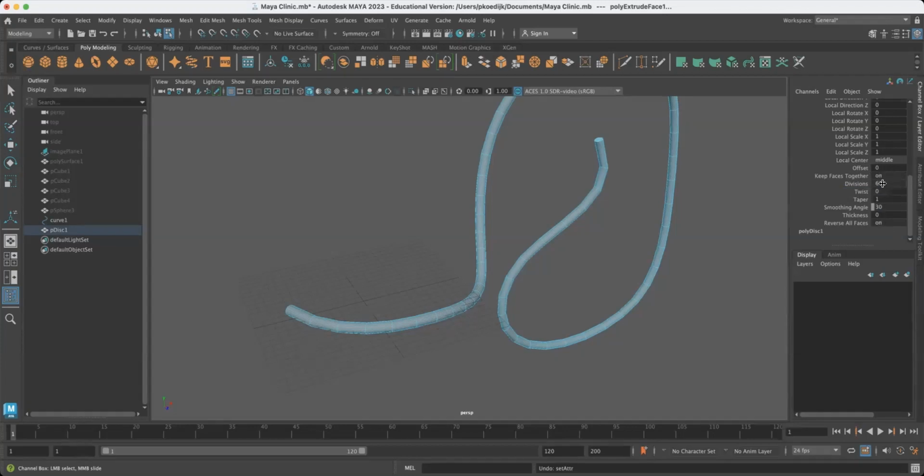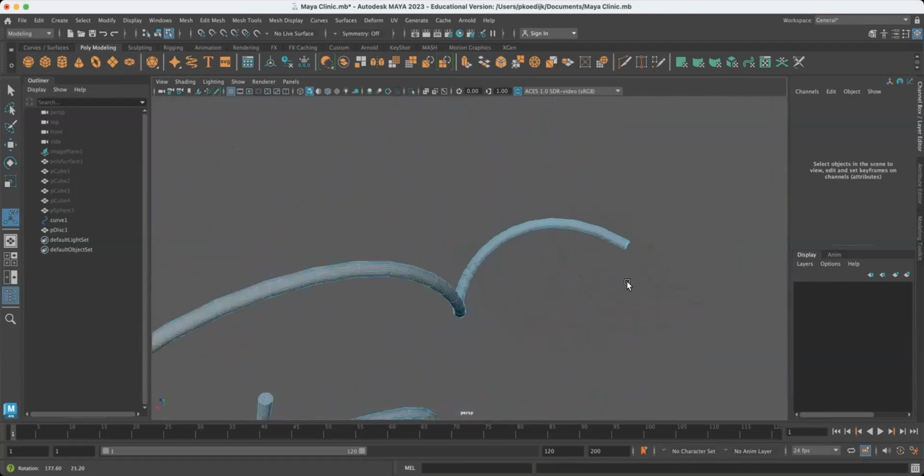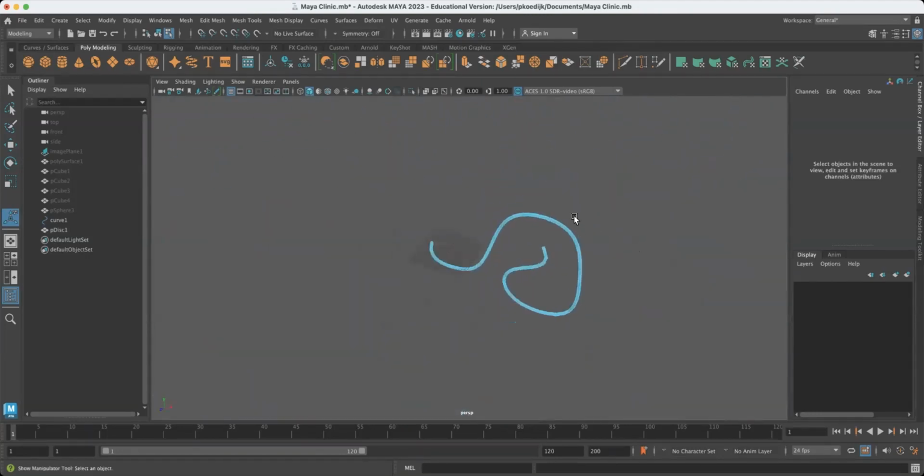Or is it, why is that not working? It's too subtle. I need to do a high number, like 1,000. No? Oh yeah, it is slightly twisting. Anyway, that's how you make a rope. And we're at time, so